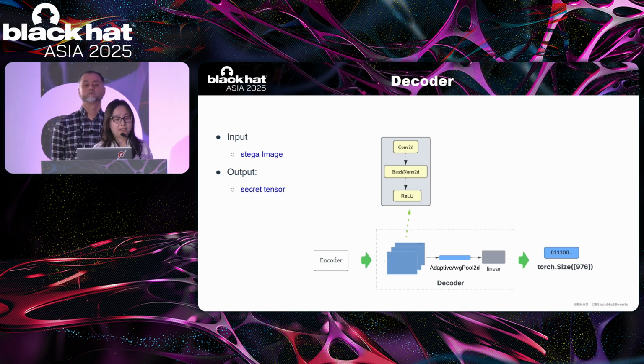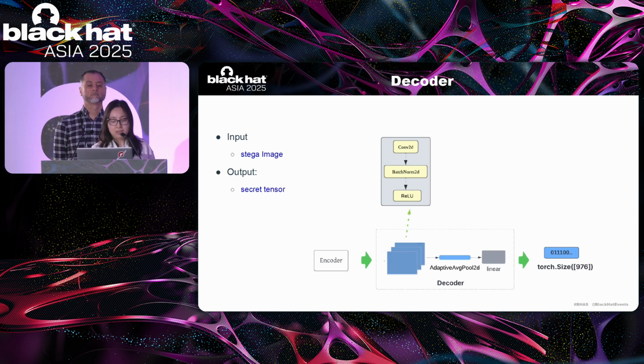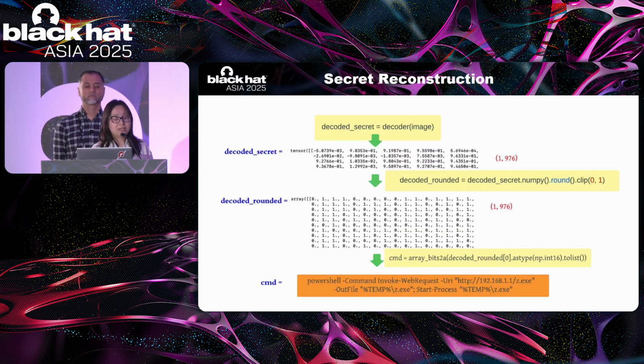The decoder part gets the stego image from the encoder and utilizes a set of containers to learn the representation for the decoded message. We also need to conduct several average pooling and linear conversion steps to convert those tensors into the decoded secret tensor. This secret tensor should share the same shape as the original secret tensor.